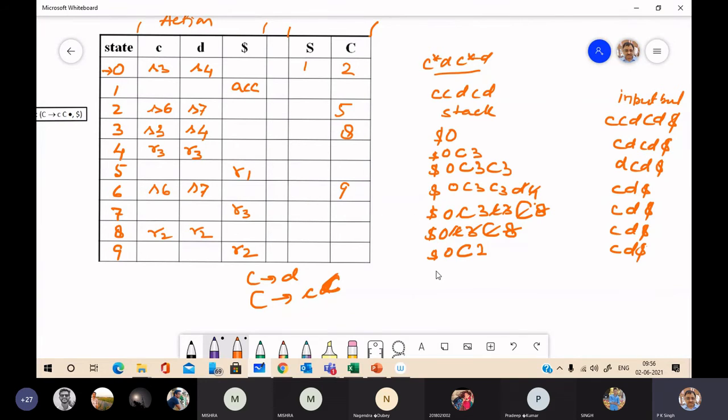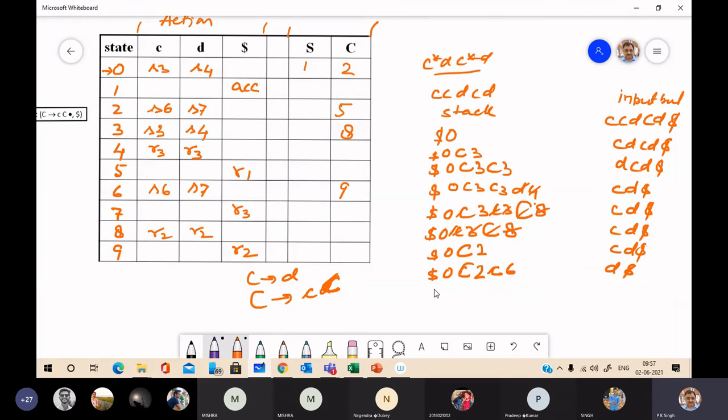So it is $0 capital C and 2, shift C, lowercase c, and next state is 6. Here you will get $D after shifting C. Next, 6 and D, S7.